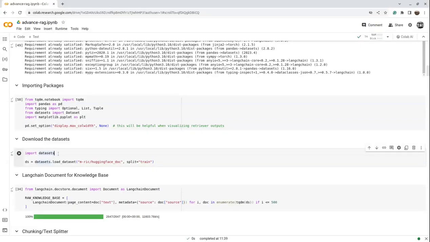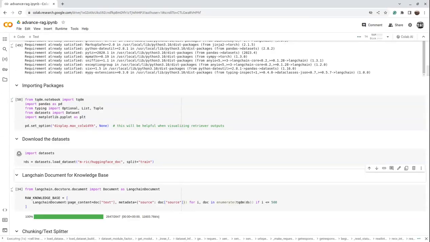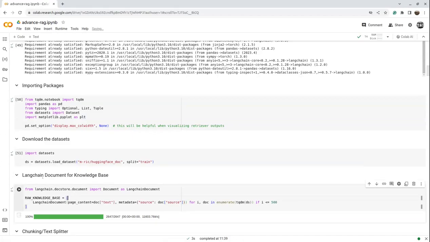Okay, so we import the datasets, datasets.load_dataset, and we want to load this particular dataset, the Hugging Face doc, and use split equal to train. Now let's run this. This will download the dataset from Hugging Face. Here we will convert this dataset into a LangChain document, in a format used by LangChain documents for the RAG system